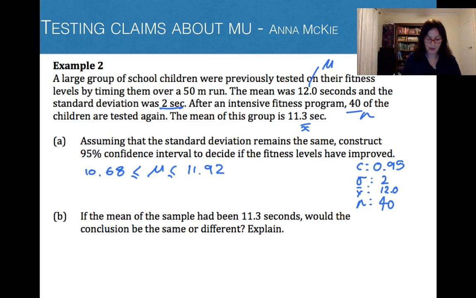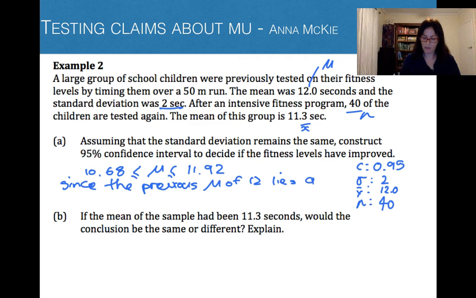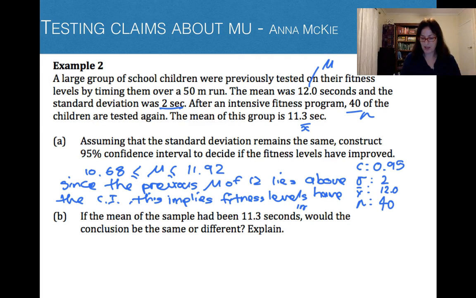So since the previous mean mu of 12 lies above the confidence interval, this implies fitness levels have improved. Have improved. Okay, just thinking about what could have happened here, remember, if we did 100 samples, in 95 of them